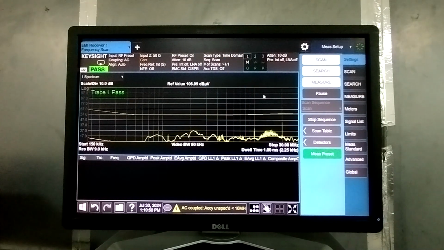It will max hold the signals that are appearing on it. As you can see, they are very well below the limit line. There are some peaks that may be due to some components inside it, but it is still well inside the limit line for class B,